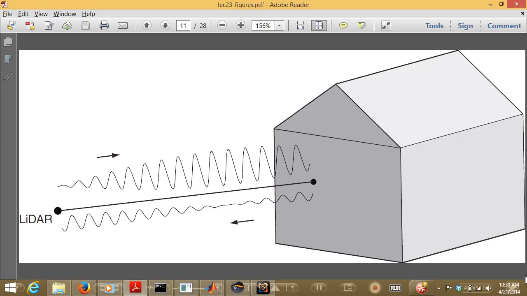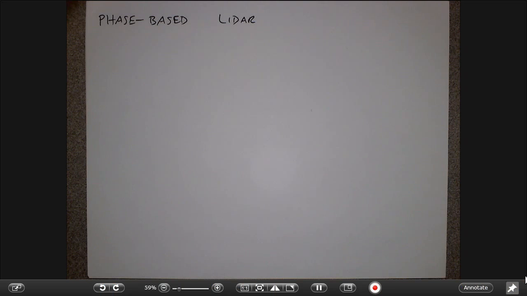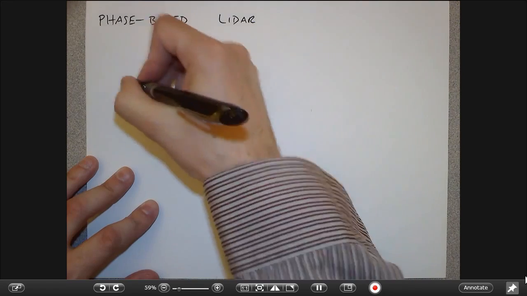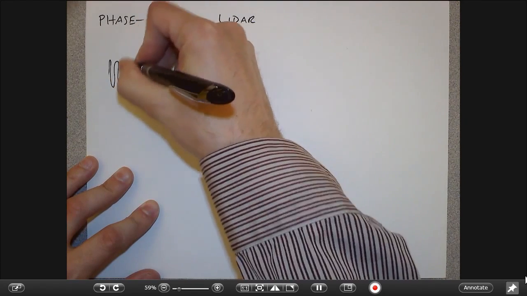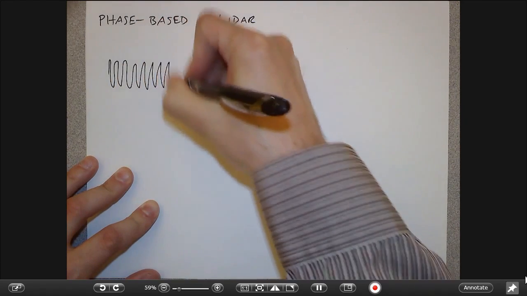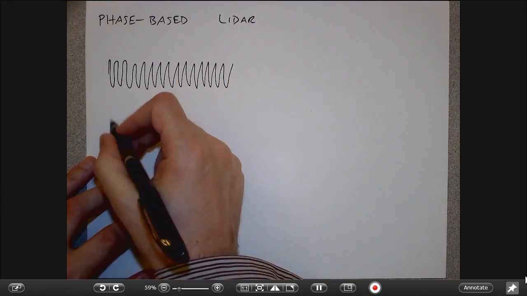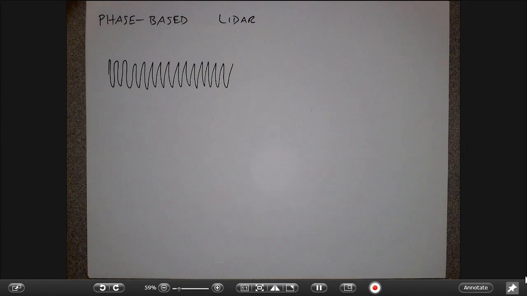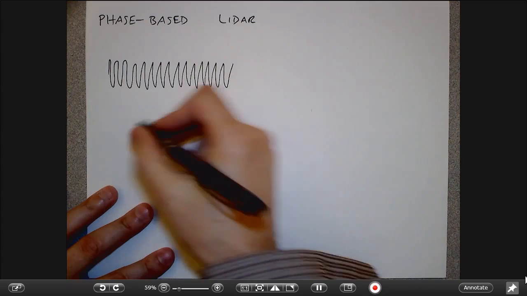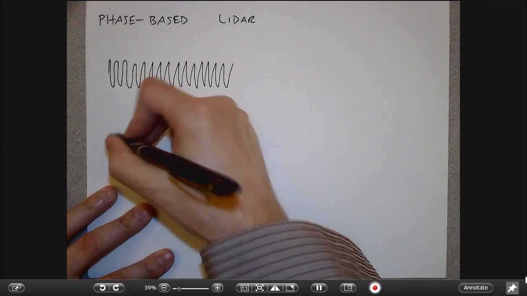For those of you that have taken signals and systems, hopefully some of you have, we talked about amplitude modulation. So what you're doing here is you have a sine wave with a very high frequency. This is the frequency of the light. But what you do is you shape the envelope of the sine wave with a much lower frequency wave. So this is called the carrier frequency, and the modulation frequency